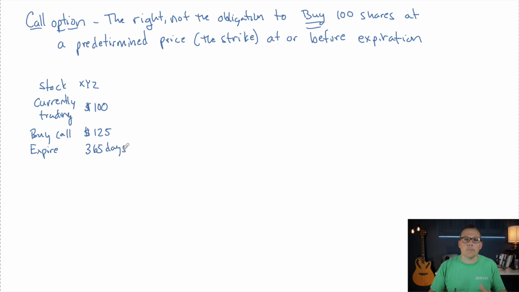We don't want to exercise, but this is the example or the goal that we want. There's going to be other things that we want to do, but essentially, we want this thing to shoot up way higher than 125. Every dollar that goes above 125, we make $100 as the buyer of that option. Now, that's pretty sweet, but to be able to have that right and that obligation, we must pay what is